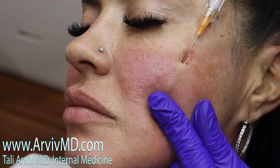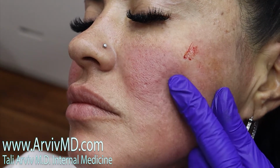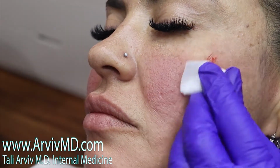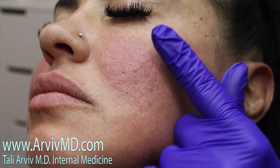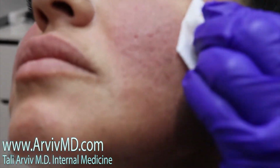This is not like a filler. So when you touch it, it's like butter, it's not really moldable, just minimum molding, but you could see the skin's a little more stretched, so we're hoping that she'll get more of that appearance once it all settles. I'm gonna try to get a little down here to even her out. We're just gonna have to wait